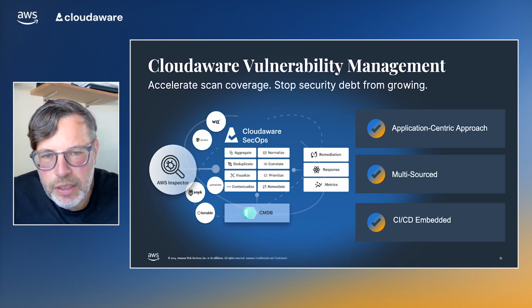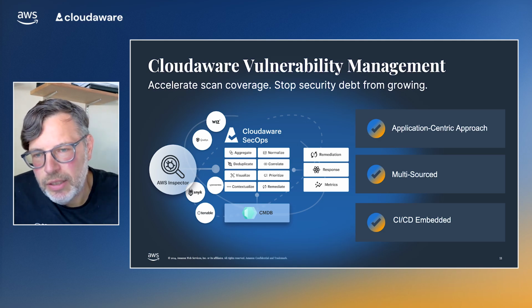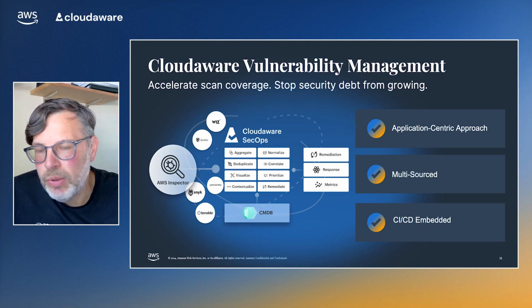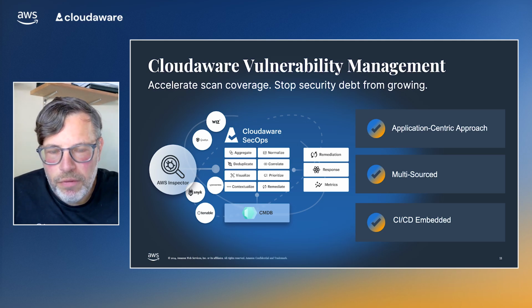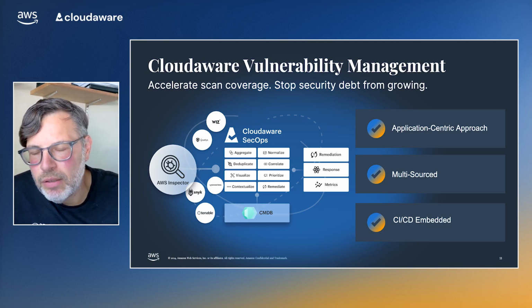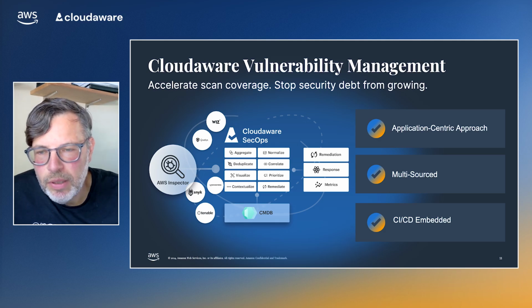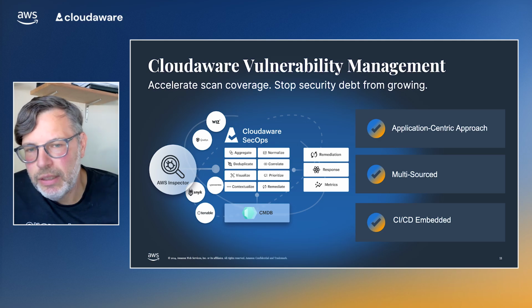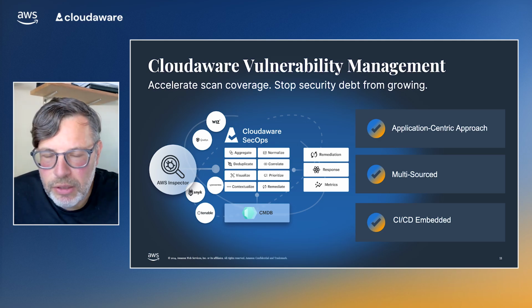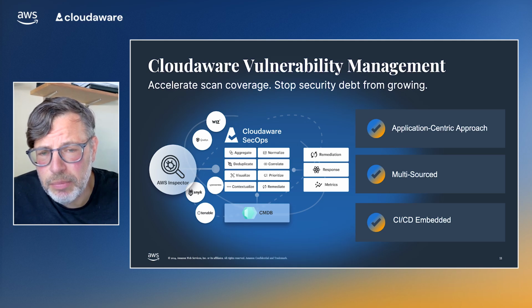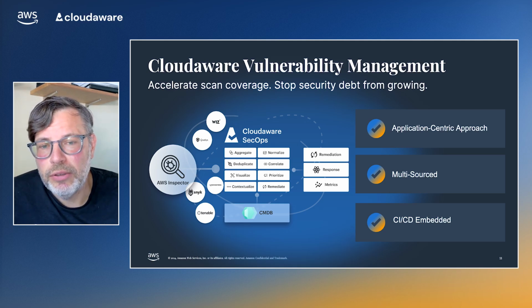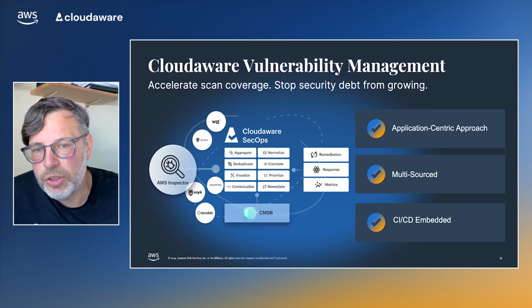Okay, second thing is multi-sourcedness. As I've explained, if you're trying to build a vulnerability management program, you have to be able to support multi-sourcedness. If you're trying to build a modern vulnerability management program on the basis of a single tool, like I said, it's rather unrealistic. And then being the CMDB, we are very closely tied to the CI/CD process or change